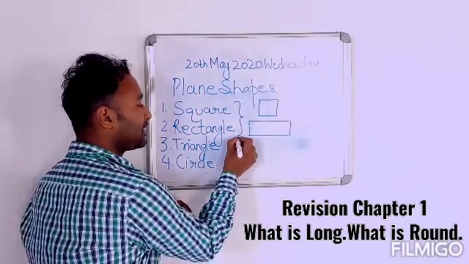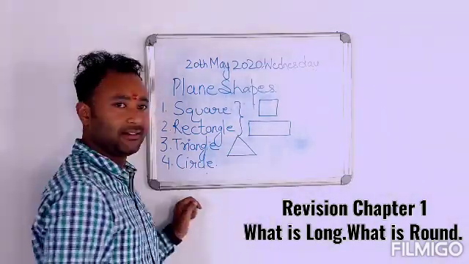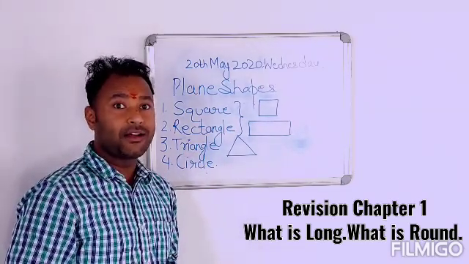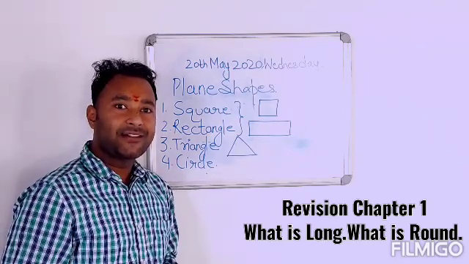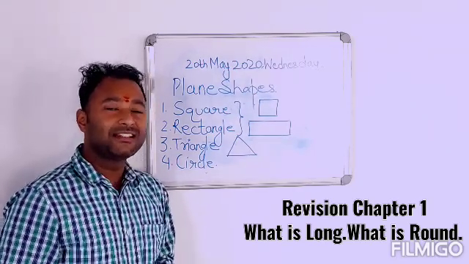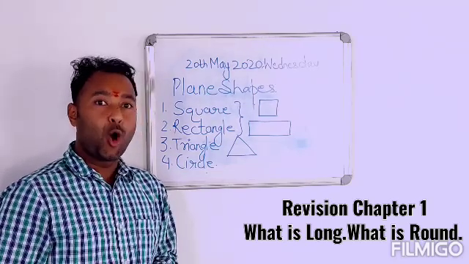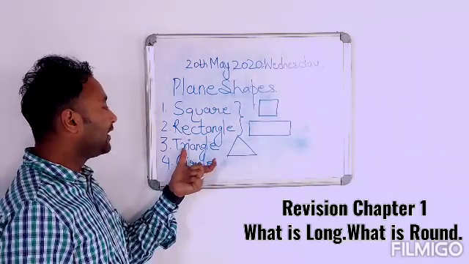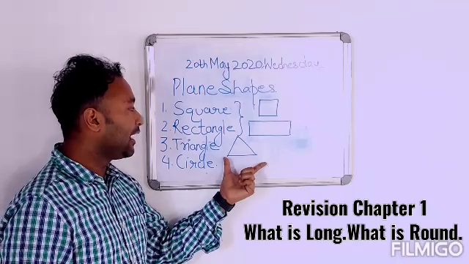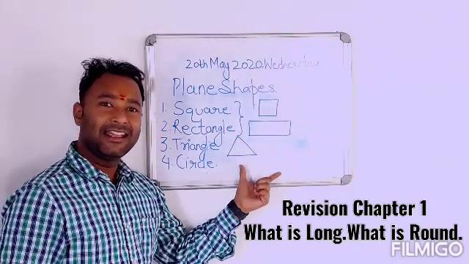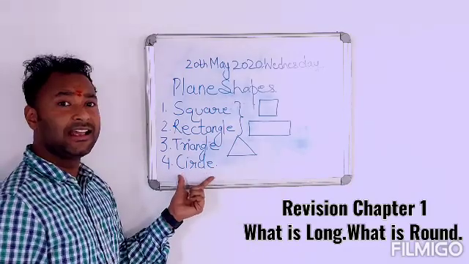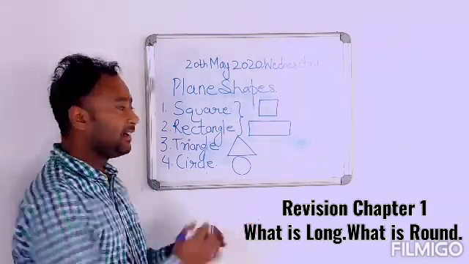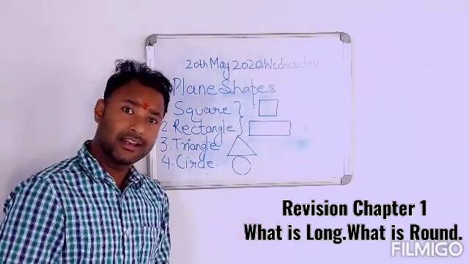Now next comes the triangle. Triangle is a shape which has three sides. Tri means three, like tricolor. I have already given an example of a tricolor, that is why we say our flag is tricolor. Why? Because it carries three colors, that is orange, white and green. Very good. So with that we can say that tri means the shape which has three sides. Now next is circle. Circle is the only shape which does not have any side. It is round. Understood, students?